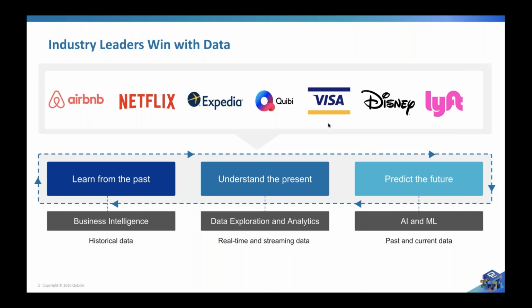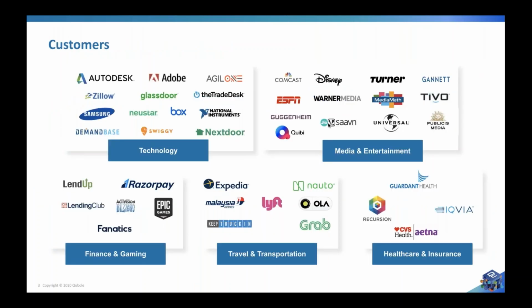If you see the correlation from a technology perspective, you have business intelligence, which works on historical data. You have data exploration and analytics, where you do real-time streaming, and again you can connect with AI and predict the future, which is the AI/ML that I just spoke about. And AI/ML is based on both past and present. Past, where you can build models, and current, where the models can be applied, and of course the models can be trained. Moving to the next slide, these are a few other customers that I spoke about before, and the slide